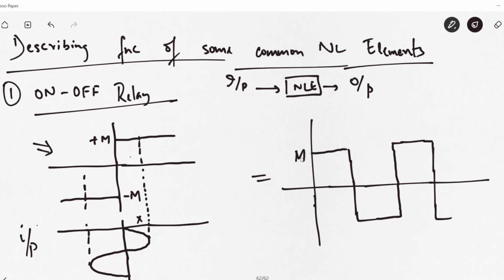We need to find out its fundamental component, and that we'll be doing using the Fourier analysis. This is our output. So using the Fourier analysis, we'll be able to find out the fundamental component of this output waveform, and that fundamental component will actually be a sinusoidal waveform, y1 of omega t, that we need to find out. So if this is y of omega t,